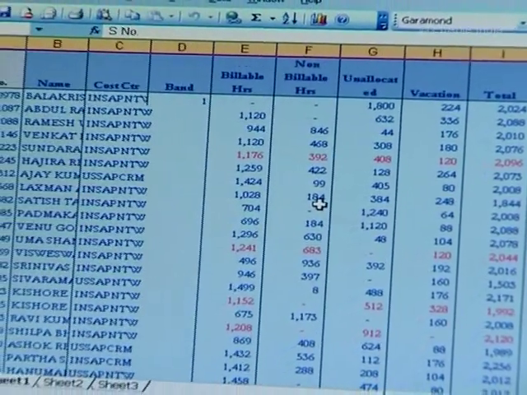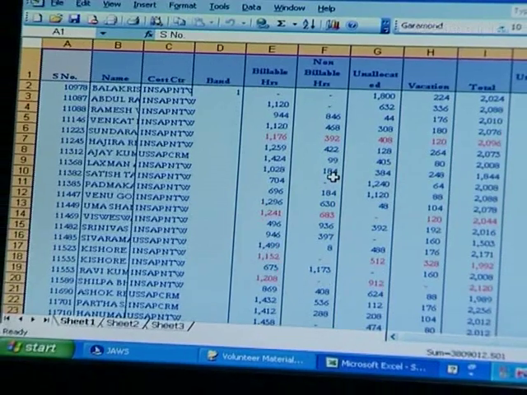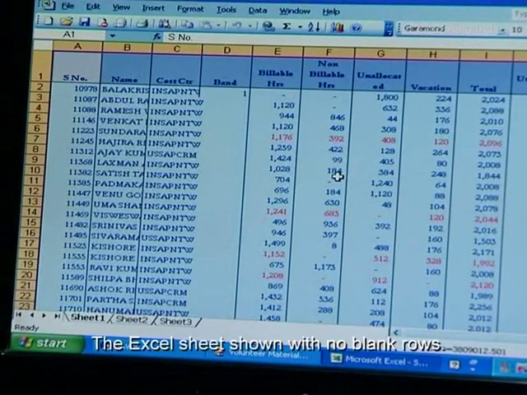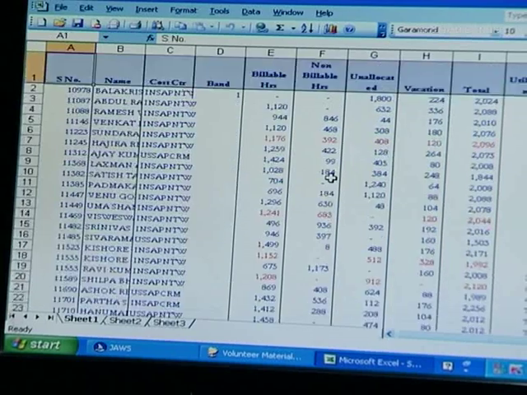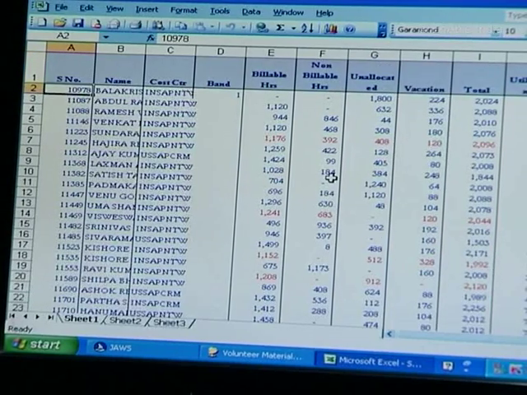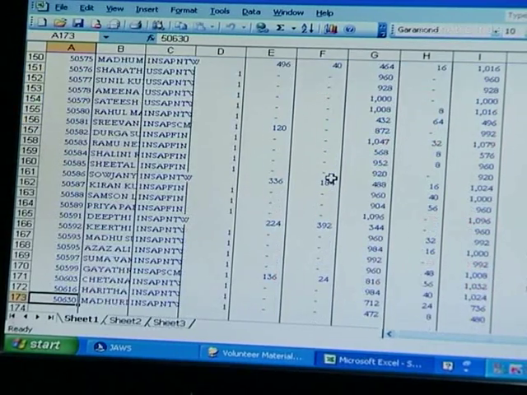Selected range A1, S no, J178, blank. Excel sheet shown with no blank rows. So all the blanks have come down. First cell, 10,911,